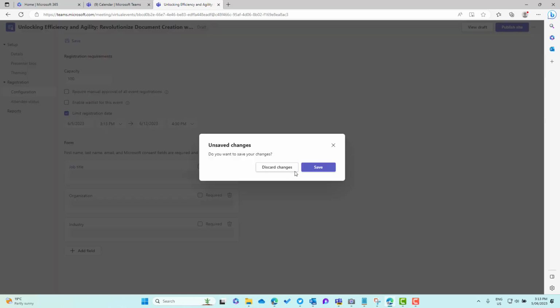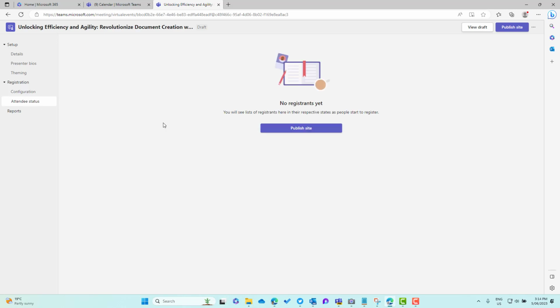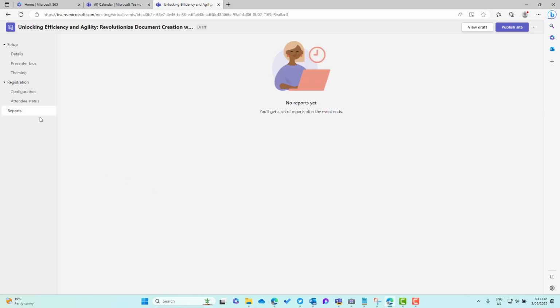We can then have a look. Let's save this first. So we'll save our confirmation. Now, attendee status doesn't become available until we publish this. And then we've also got our reports. So let's go ahead and view our draft after we've done this setup. So we've taken to